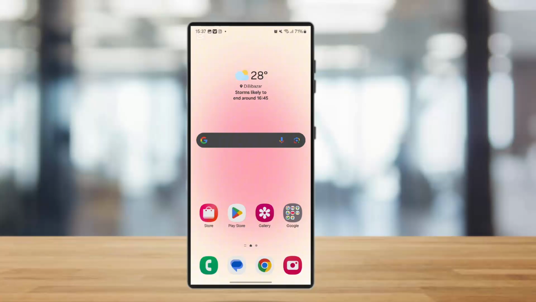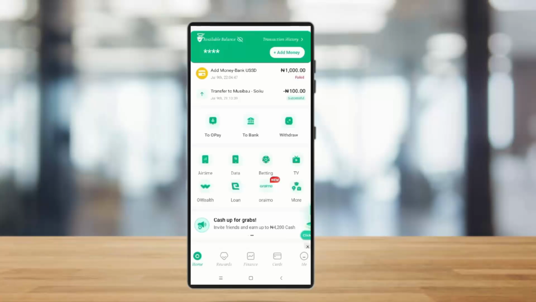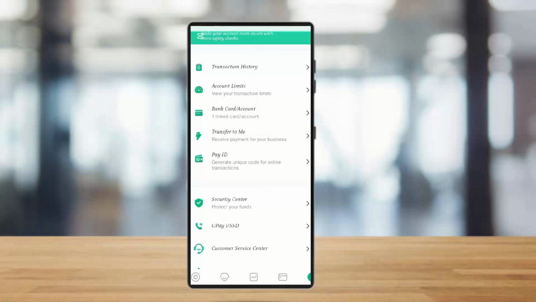So to log in to your Opay without face verification, you can still get access by using your phone number or email and password. So if you have already set up a PIN, you can use that as well. So if you encounter any issues, you can simply explore options like resetting your password or contacting your Opay support for assistance. So simply log in with your credentials, and once you have done this, if you have forgotten your